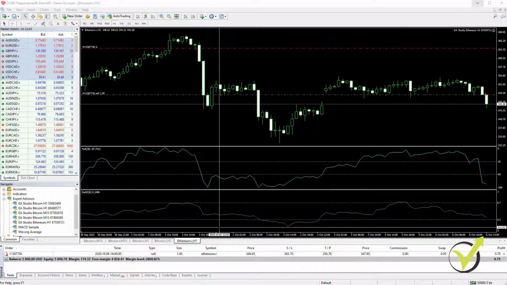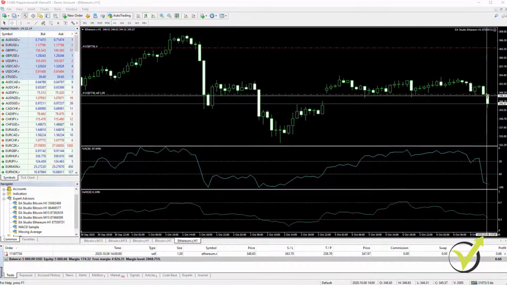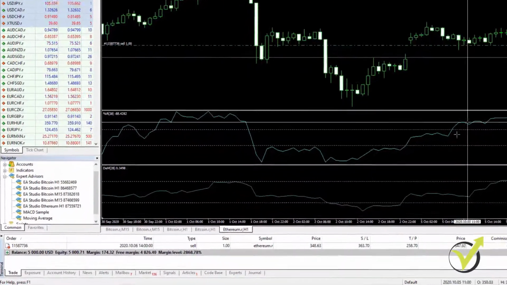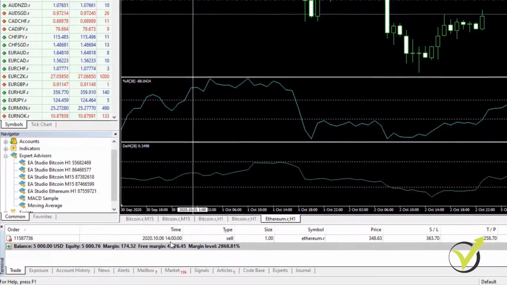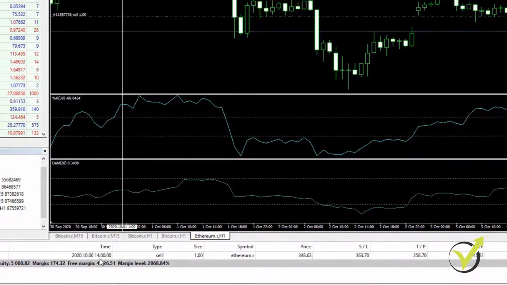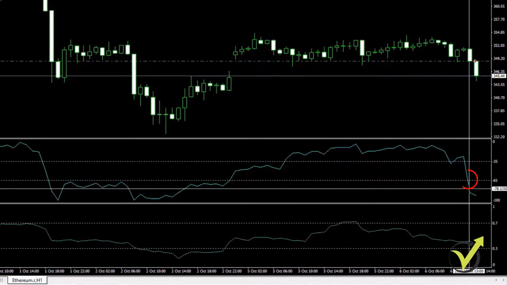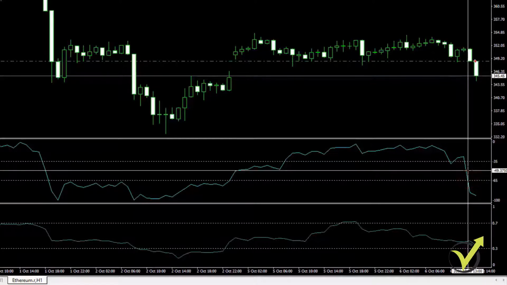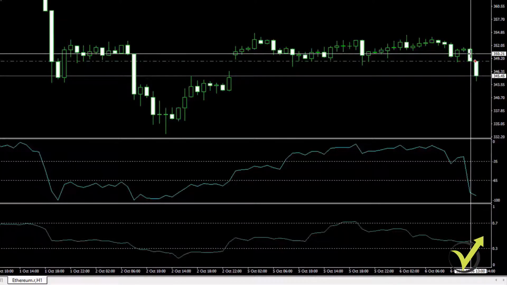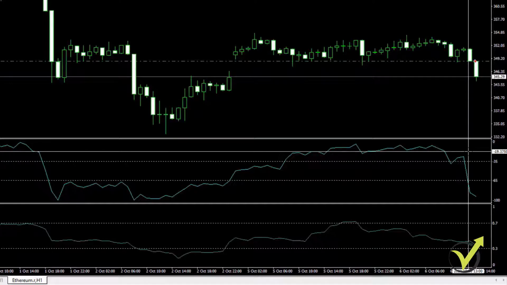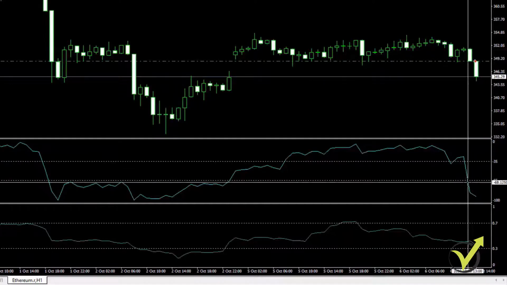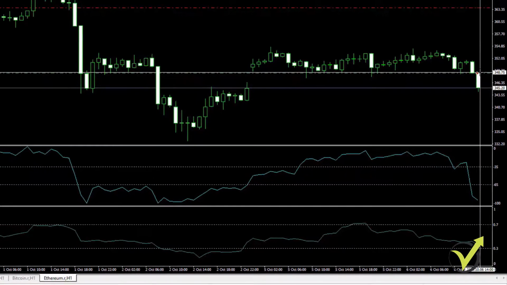Dear traders, I continue with the course just a little bit later after recording the previous lecture, and you can see that already I have the first trade opened with the Ethereum, and it happened on the opening of the new bar. You can see that the trade opened exactly at the round number after we had the cross from the Williams percent range. So the cross happened during this bar, the previous one, and then when the new one was open, the cross is confirmed and the trade was opened.